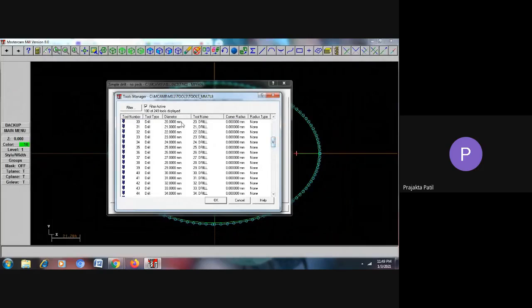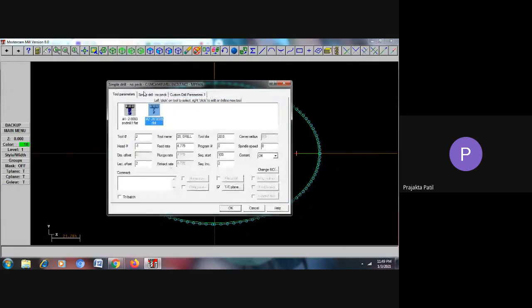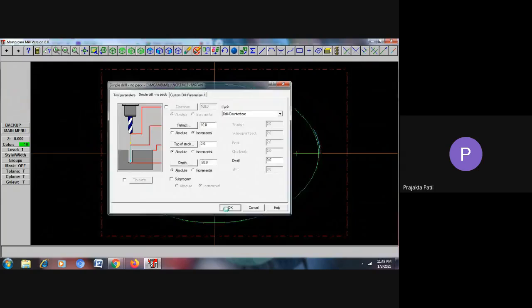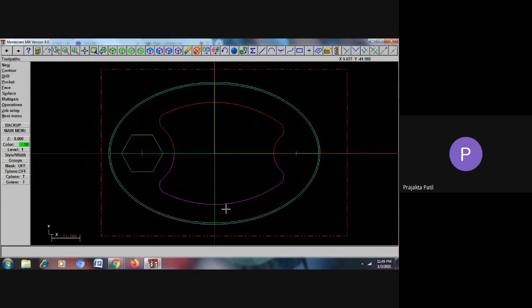So here is the drill bit having 20 mm diameter. Say okay. Now let me check the parameters here. I'll give the depth as say minus 15, minus 20, anything but more than 10 mm. Okay, don't give more than 20 or 25. You can give 20 mm or 15 mm. So we have taken care of the drilling operation.